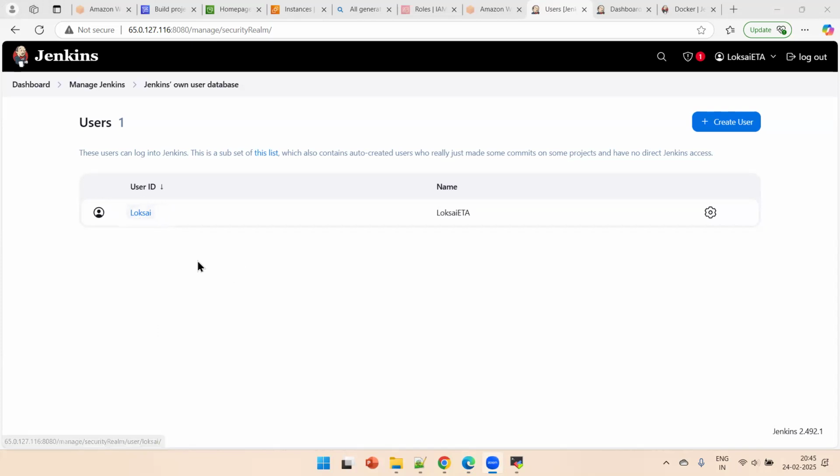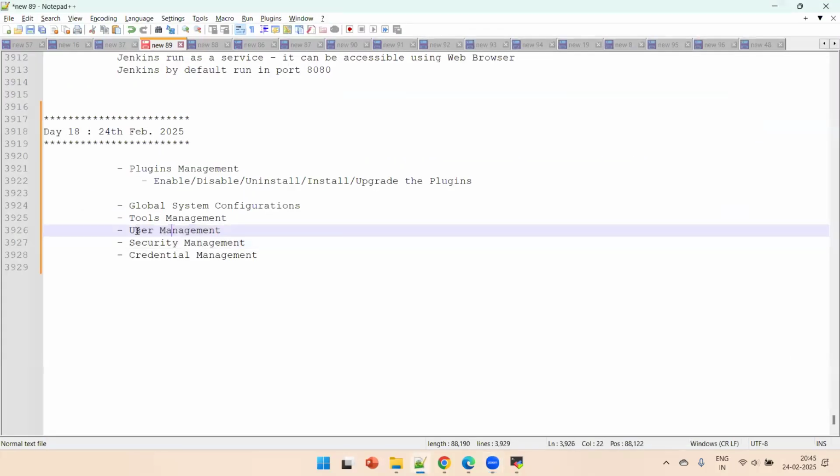So this is the initial admin user we have created. At any point of time, if you want to update the settings, if you want to change the password, you can do that here. In addition to that, consider I have a developer who wants to access my Jenkins server. How can I give access? There are two things here. One is the user